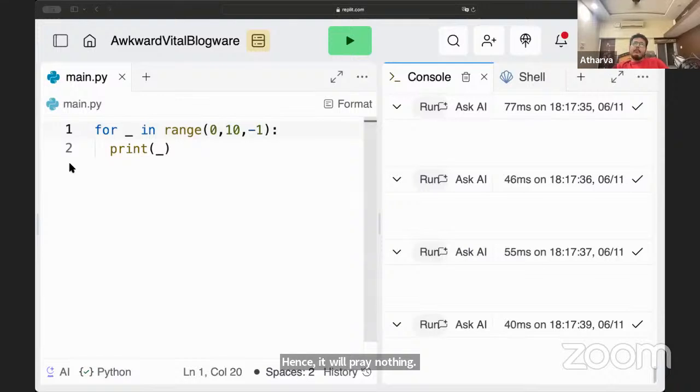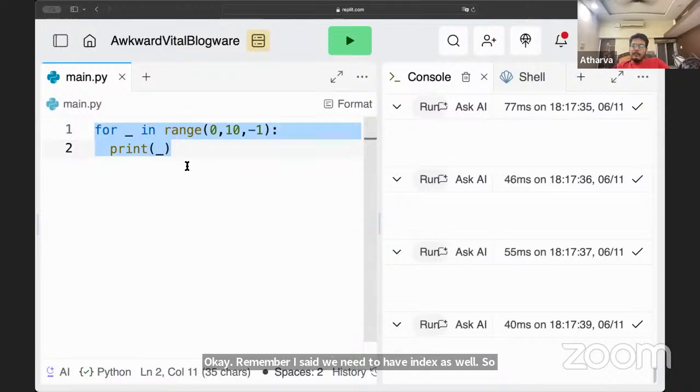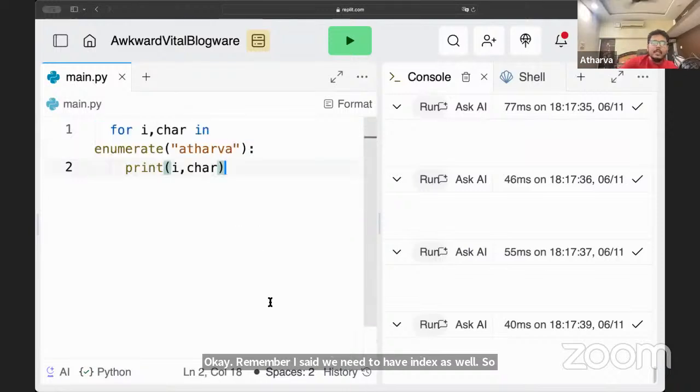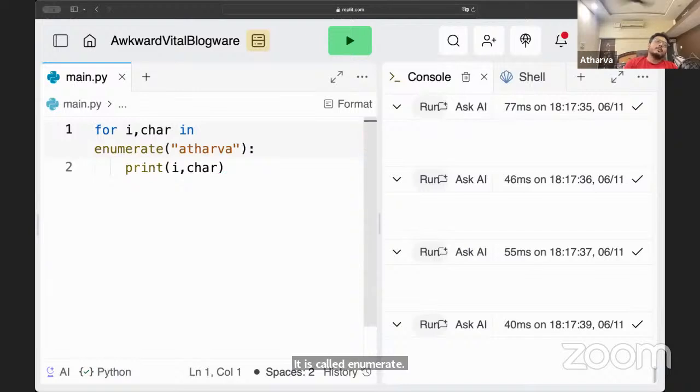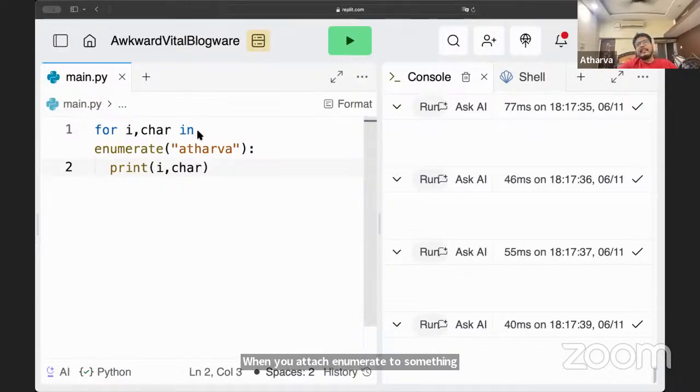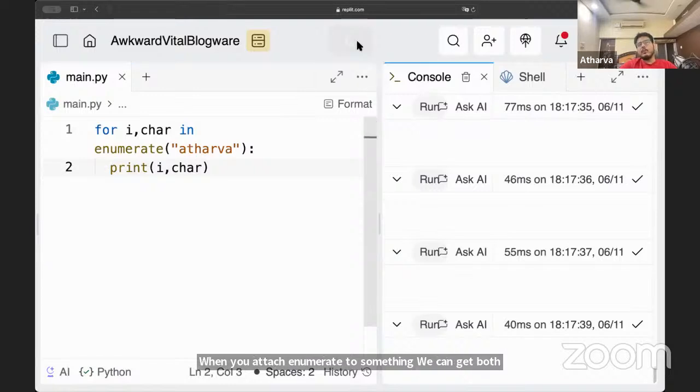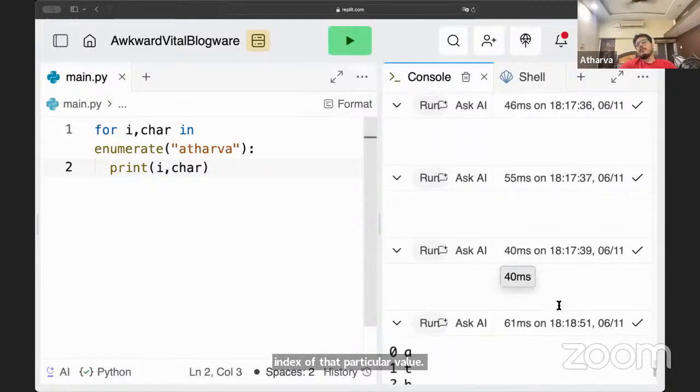Remember, I said we need to have the index as well. So there is a keyword for getting the index. It is called enumerate. When you attach enumerate to something, we can get both the index of that particular value and also the value.